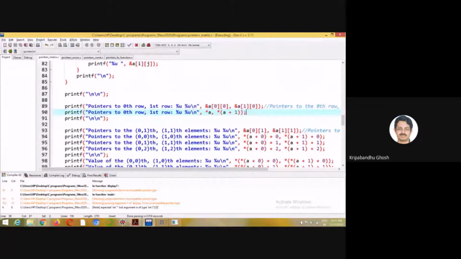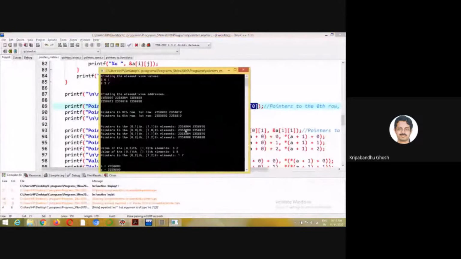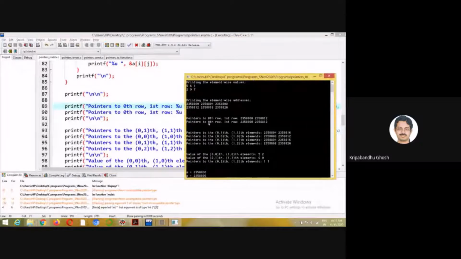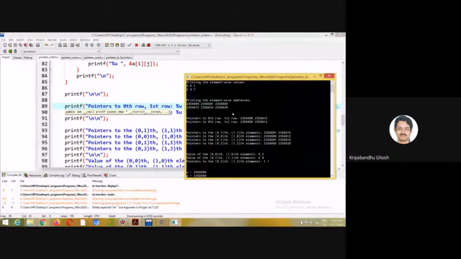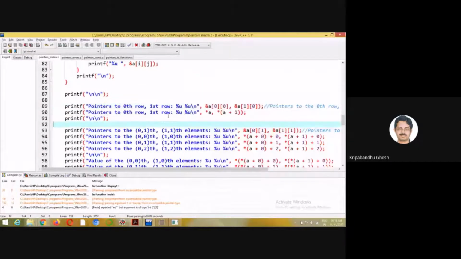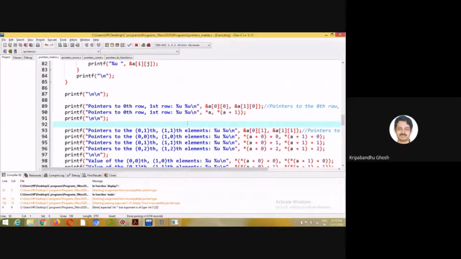This is a pointer to the 0th row, and this is the pointer to the first row. Ampersand A00 is 800, and ampersand A10 is this one, 812.